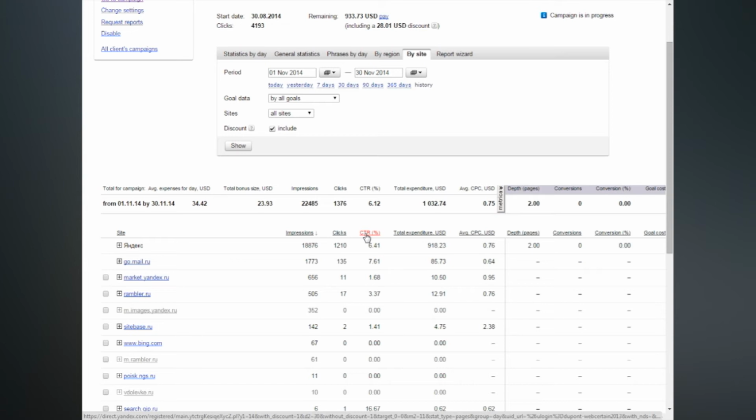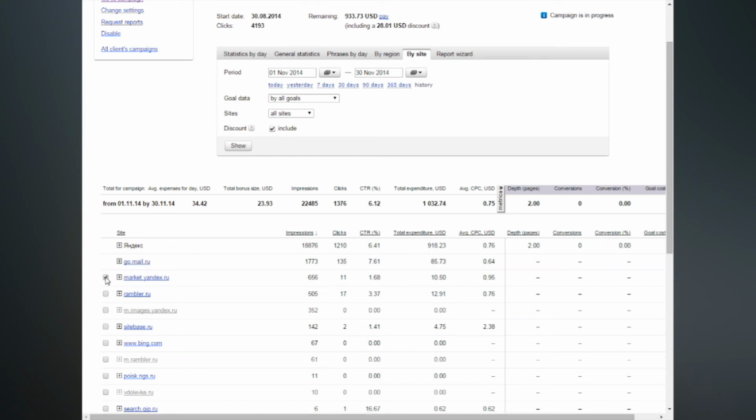I am interested in CTR, therefore I will filter my data by impressions to see which ones of my sites are bringing a lot of impressions but not a lot of clicks. As you can see, some of the sites have already been disabled by me because they brought a lot of impressions but no clicks. That's why they are highlighted in gray.